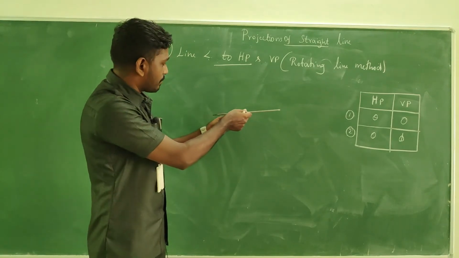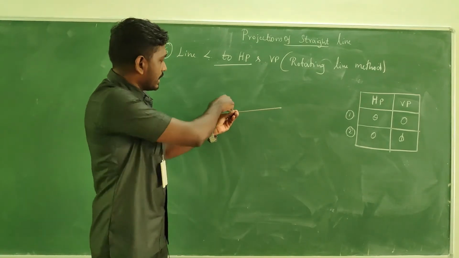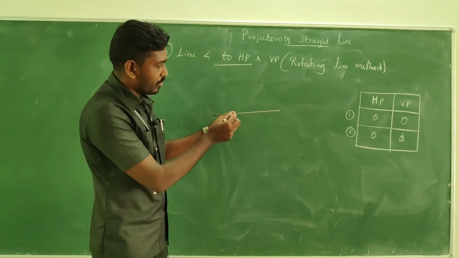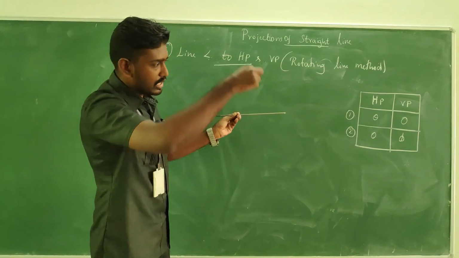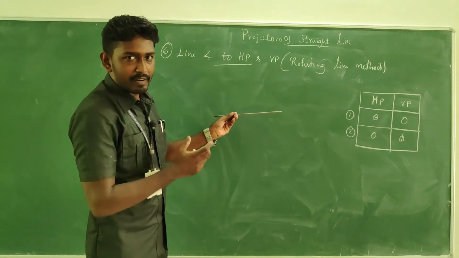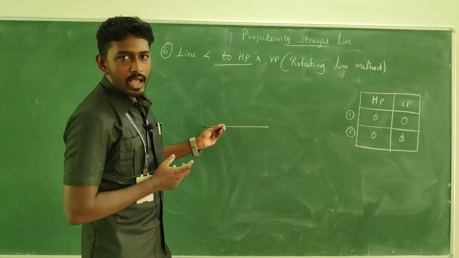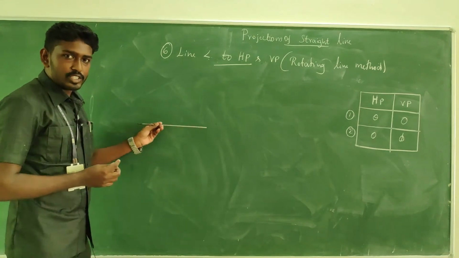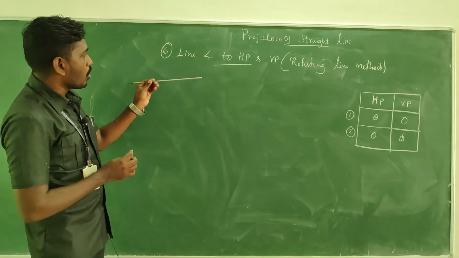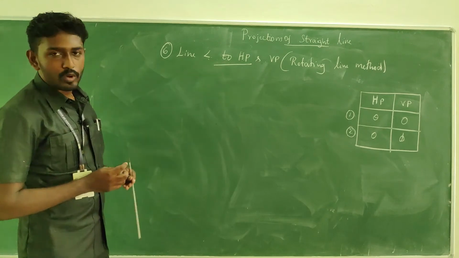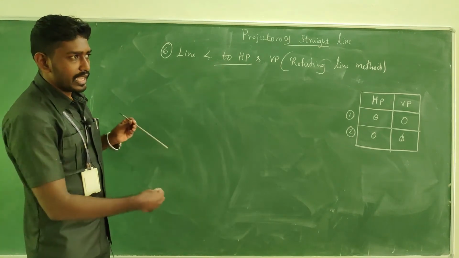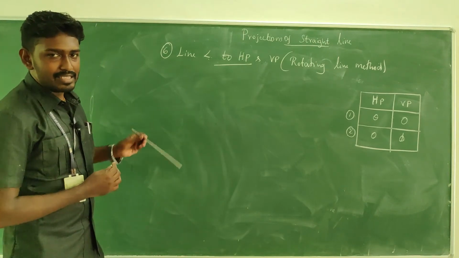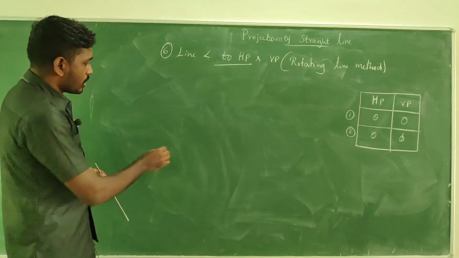And afterwards, in a separate manner, we will take the VP inclination and something like this, the line parallel to HP. We will position like this and we will get the trace in the top view and front view. And from that, by rotating the line, we achieve the things, right? So I will show you the nomenclature involved in the profile of the line inclined to HP and VP, so that in the upcoming videos, when I post the problems, it will be easy to understand the things.